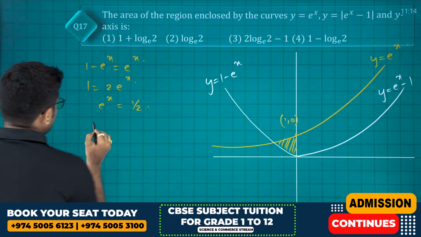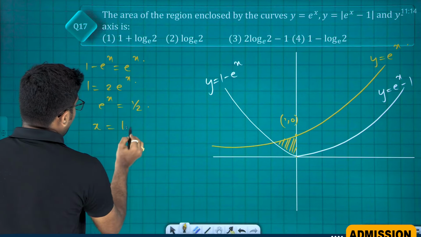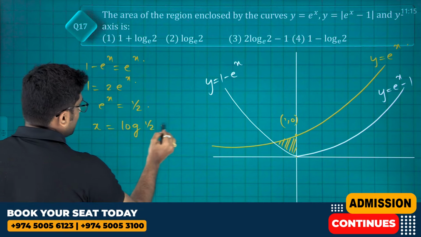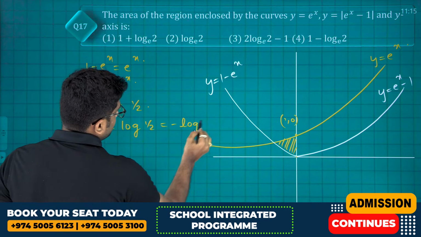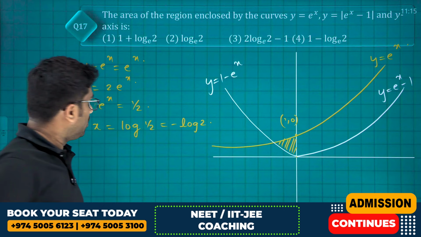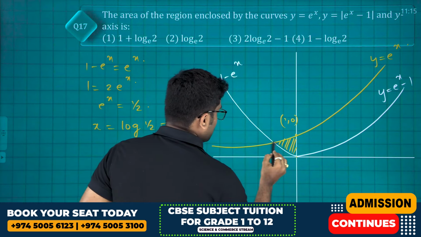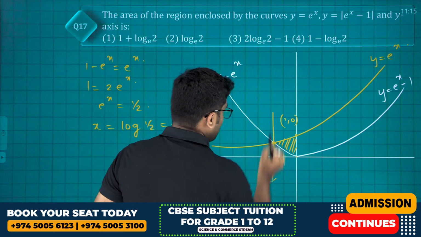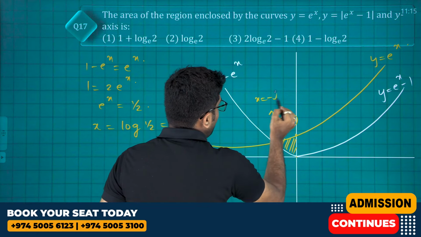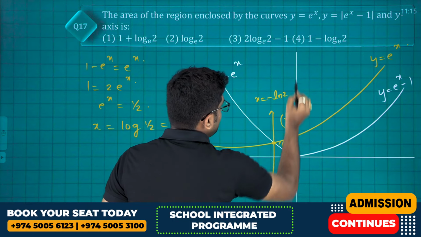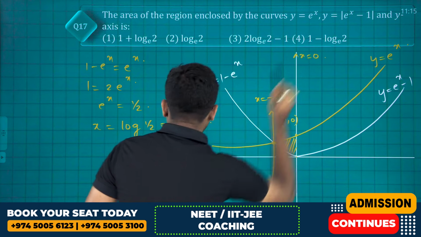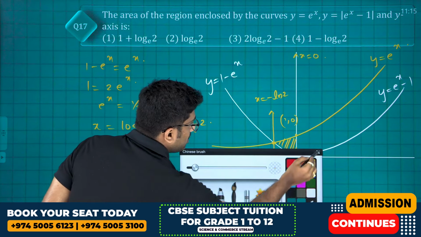Apply log on both sides. So x is equal to log 1 by 2, that is nothing but minus log 2. So this is x equals minus ln 2, and this is x equals 0. So the required area is nothing but